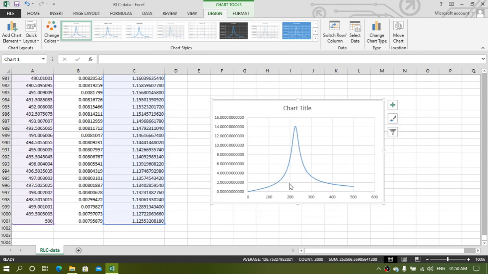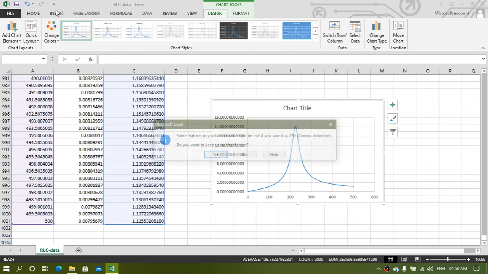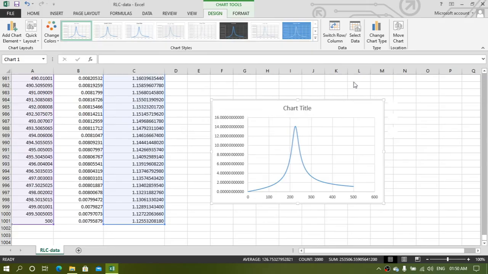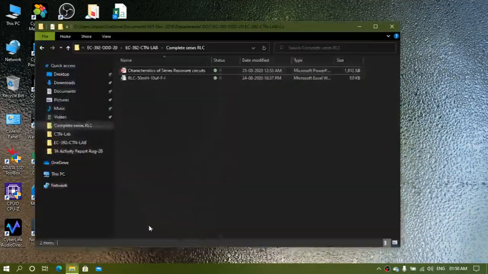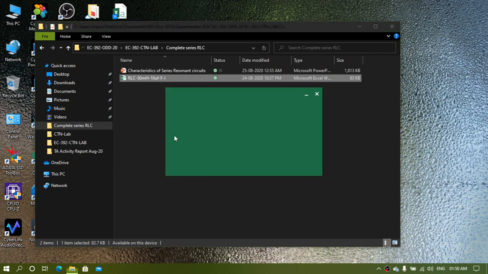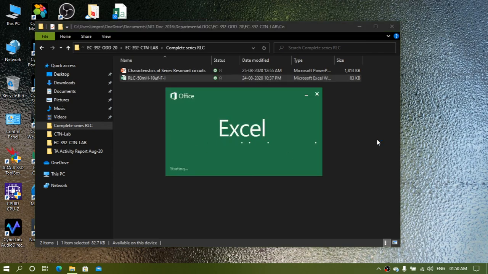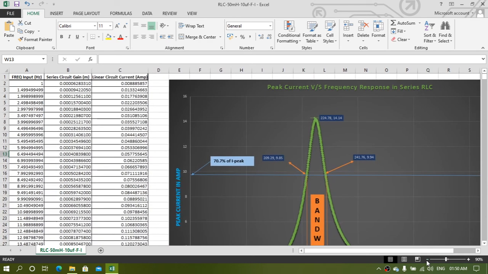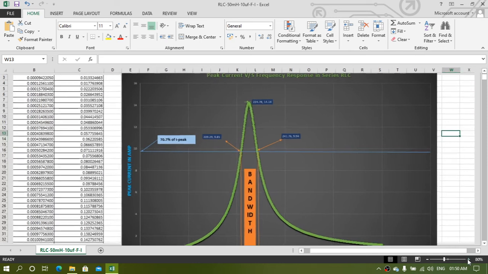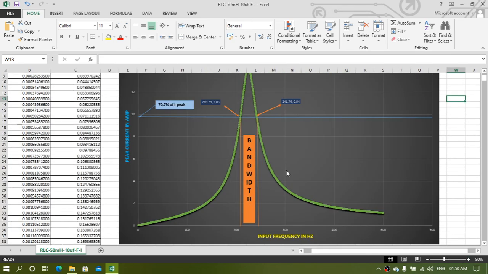so accordingly, after furnishing all the graphics and all those things, you will get this file. I will show you. I already saved it for you. So it's already created. So in this file you will see how to plot a graph in Excel sheet.